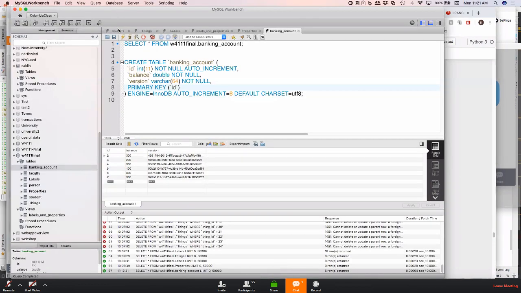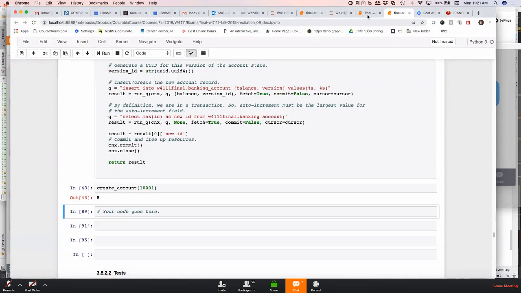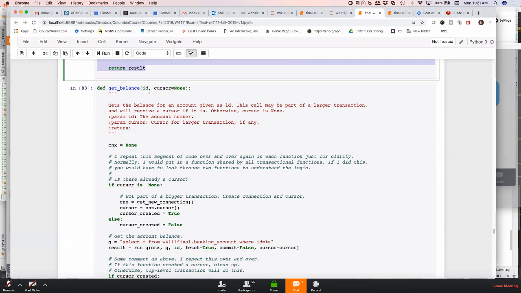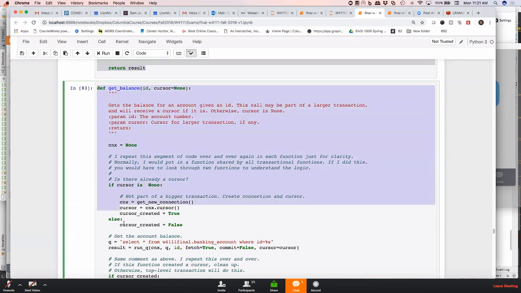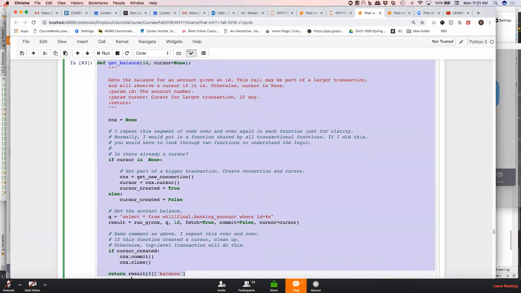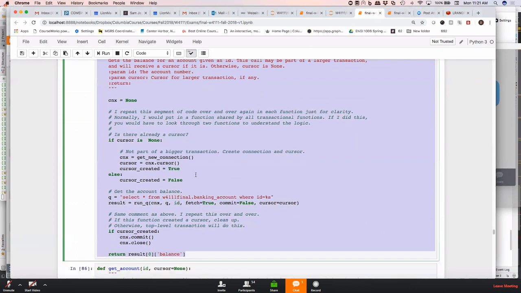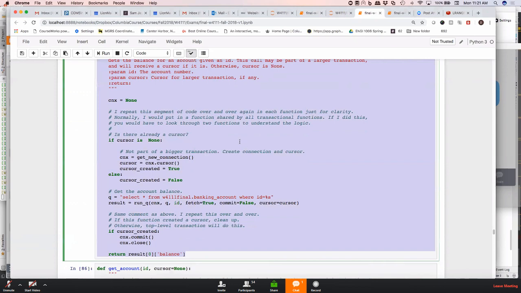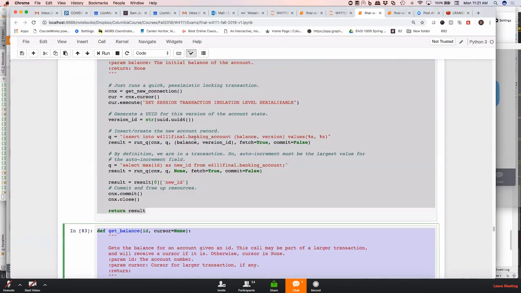If you go back into the database, not surprisingly, you can see that that was the account that was created, and it generated a UUID. So the next thing I did is I wrote a simple function that will get the balance. So I'm just going to get the balance of an account. So actually, anyway, before I move on,